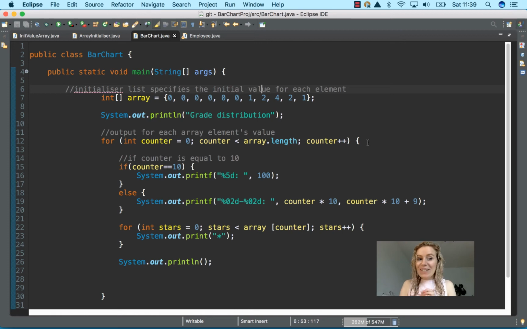Hello everyone, welcome back. So we're going to continue from the previous lesson, and in the previous lesson we did a bar chart. So in this lesson we're just going to do a short summary of some of the things that we've covered so far. So it's really important to know where you recognize arrays,